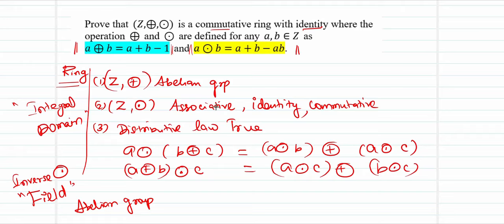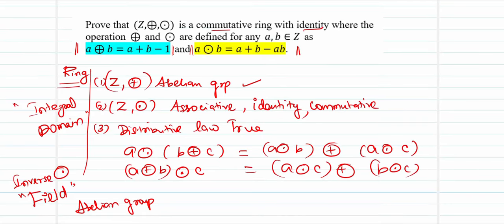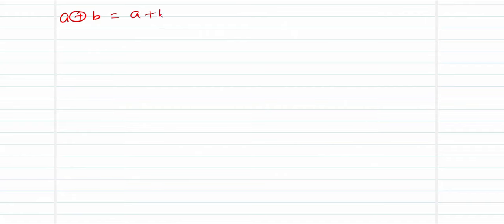So whatever criteria they have asked for, start proving them one after the other. Now we will begin with plus circle, which is going to be an abelian group. With respect to plus circle, a plus circle b has been defined as a plus b minus 1. The laws to be proved are going to be